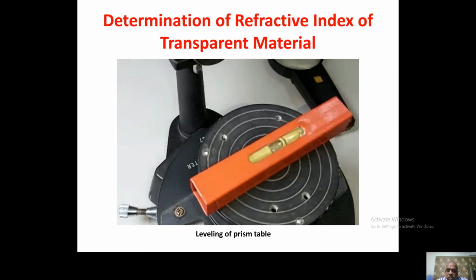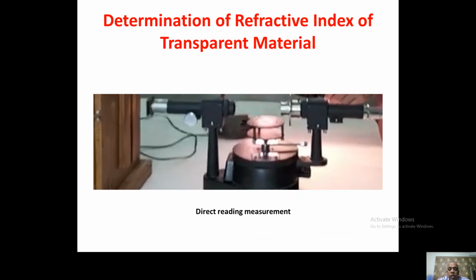One part of Schuster's method is the leveling of the prism. After Schuster's method,